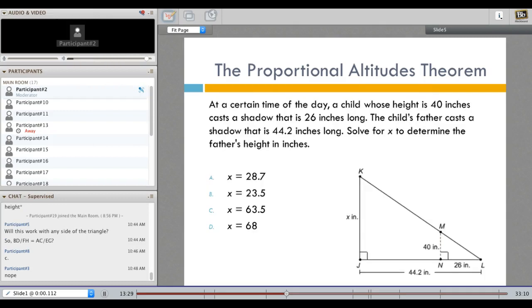I'm going to move quickly today to make sure we get through everything, so I'm going to keep you on your toes. All right, here's another type of question you might run into. At a certain time of day, a child whose height is 40 inches, okay, so now we didn't actually draw the child here. We are representing the child by a stick. Okay, well, here, let's draw a stick figure. Here's his head. Here's his feet and his arms. Okay, there's the child. He is 40 inches. Okay, and he casts a shadow. Where is your shadow?